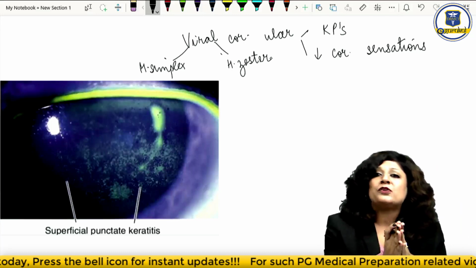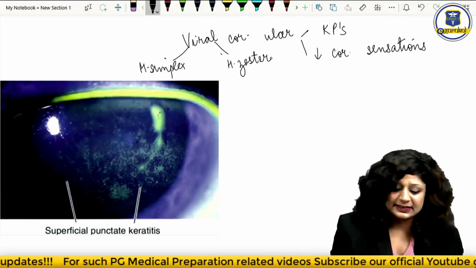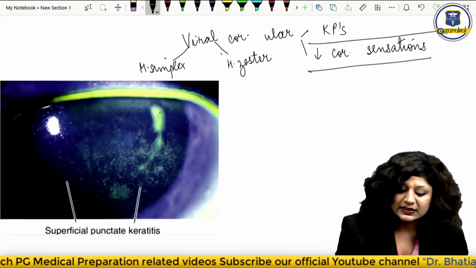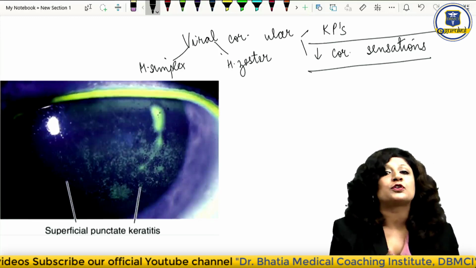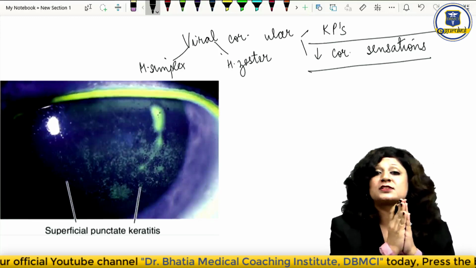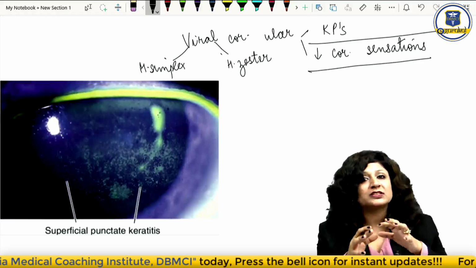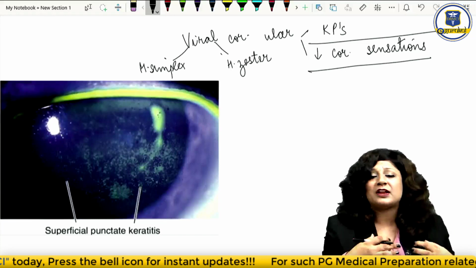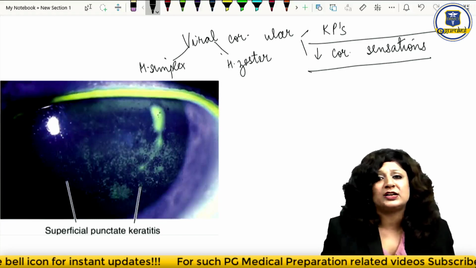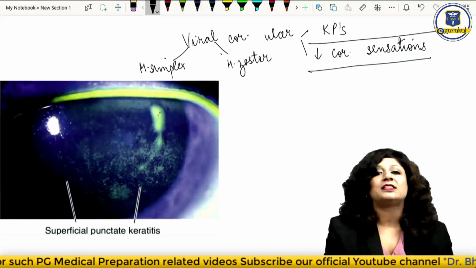Both of them always remain dormant in the ganglions, and that is why they cause decreased corneal sensations, and that is why they are also notorious for causing recurrent lesions. In cases of viral corneal ulcers, there can be recurrent lesions because these viruses remain dormant inside the ganglion, and whenever the opportunity comes, they get reactivated, and the recurrent lesions